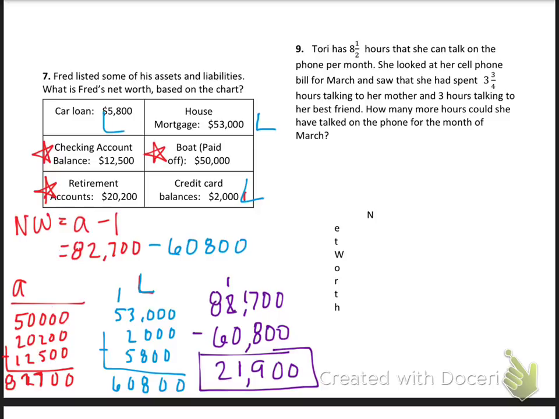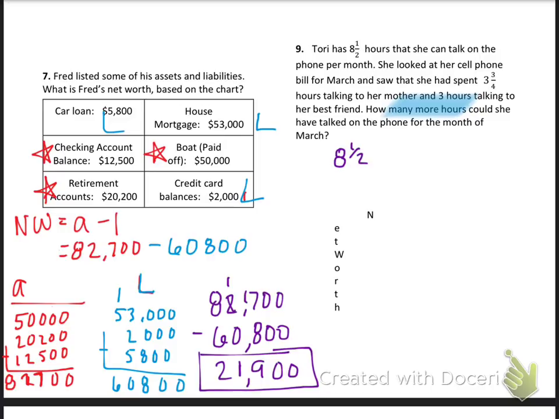Tori has 8.5 hours that she can talk on the phone per month. She looked at her cell phone bill for March and saw that she had already spent 3 3/4 talking to her mom, 3 hours talking to her best friend. How many hours could she have talked on the phone? How many more hours? So remember, if we start with a number, 8.5,